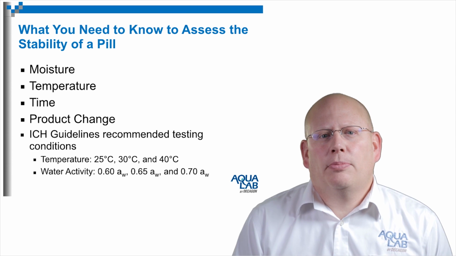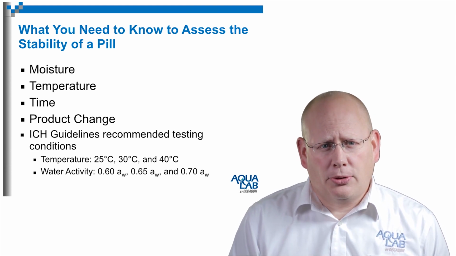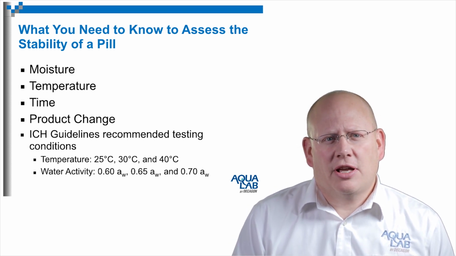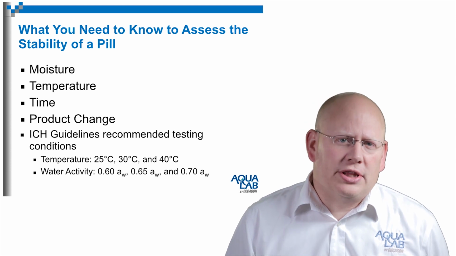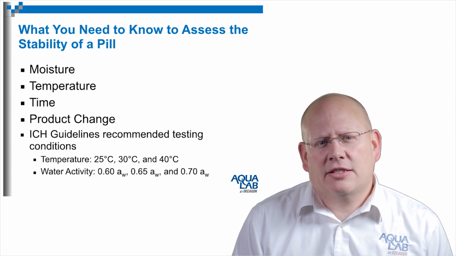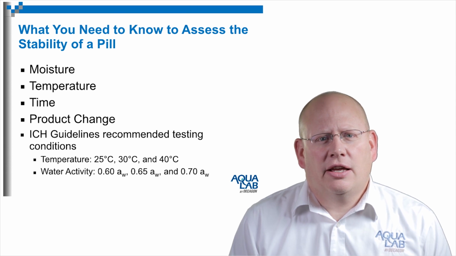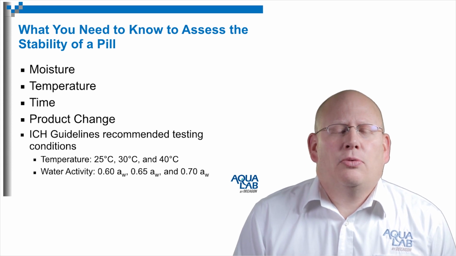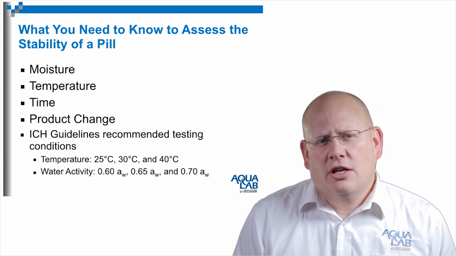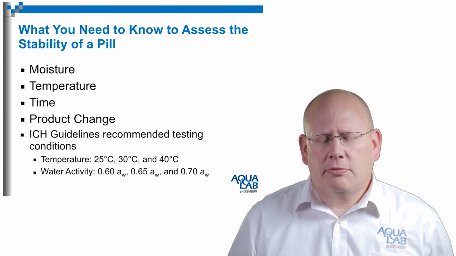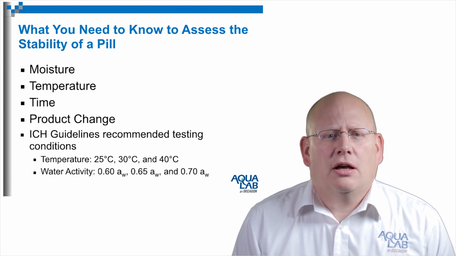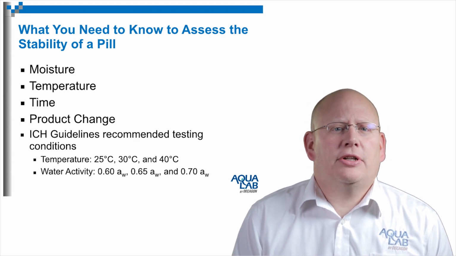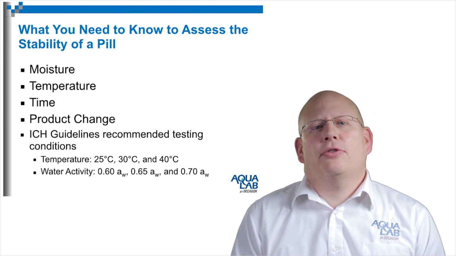Stability testing has been an important part of any kind of drug release program and is required in order for that drug release program to be accepted. There has to be some way of showing that the stability of the product has been assessed and analyzed, and some estimation of what that stability is expected to be. And there are actually guidelines now with the introduction of ICH as a way of globalizing recommendations. In the ICH guidelines, they recommend for stability testing that you use 3 different temperatures, 25, 30, and 40,